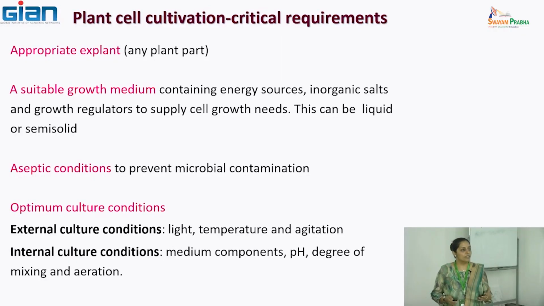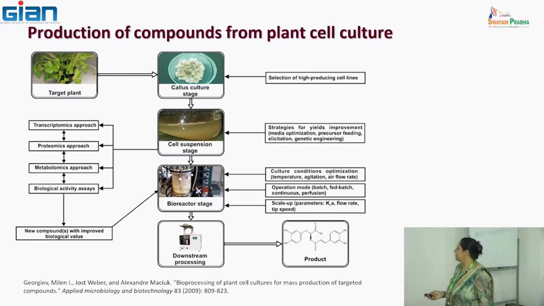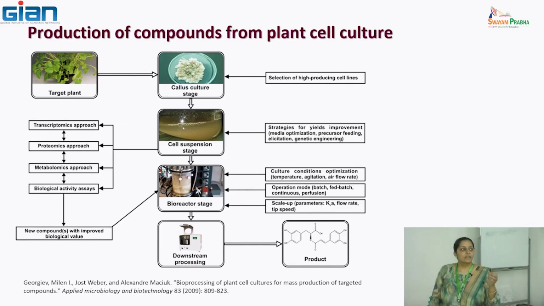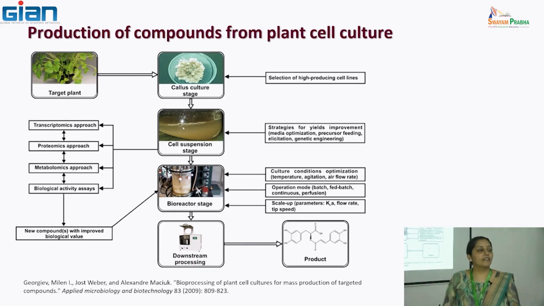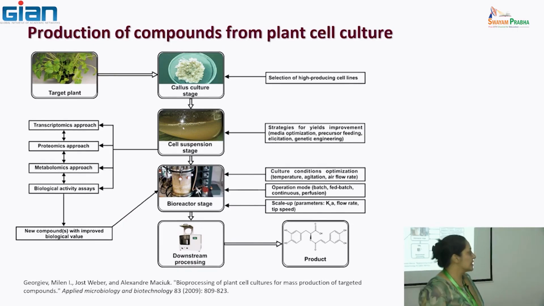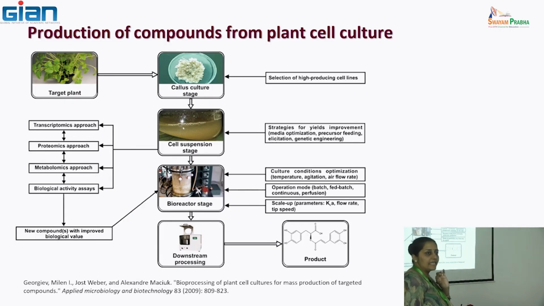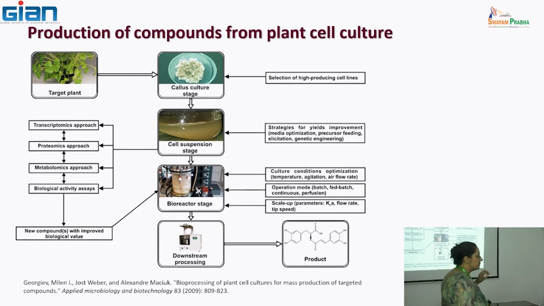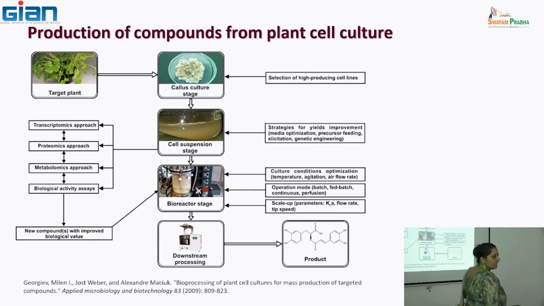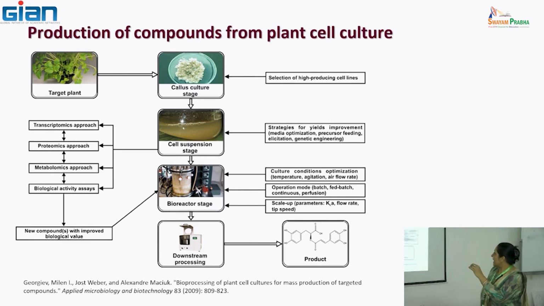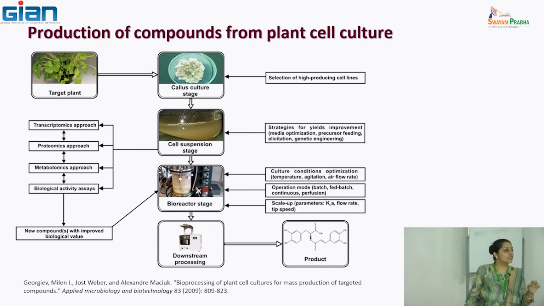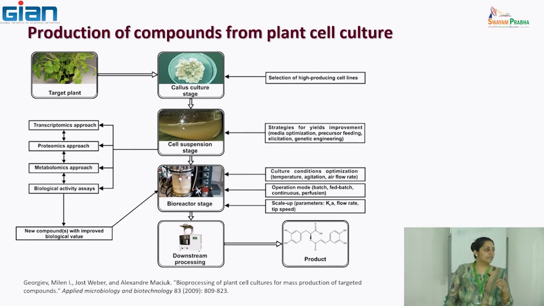Then obviously, being an in vitro system, these are done under an aseptic environment, monoseptic. So these are the steps, in short, which are taken to develop a plant cell based bioprocess. How do we begin? As I said, we'll have the target plant, we'll take the explant, we'll generate the callus line. From this callus line, we do a selection of higher yielding callus cell lines.